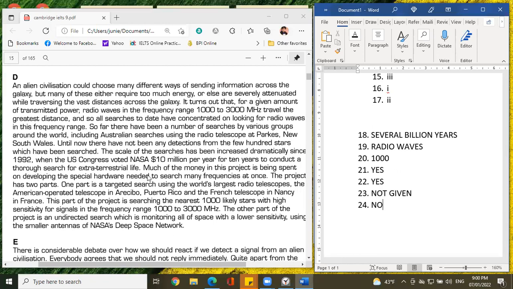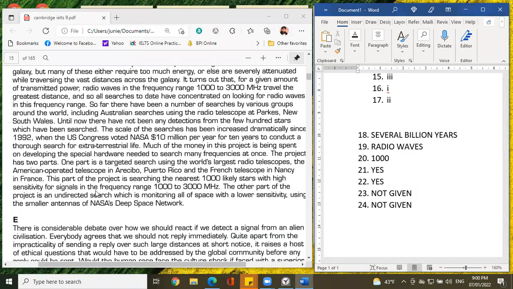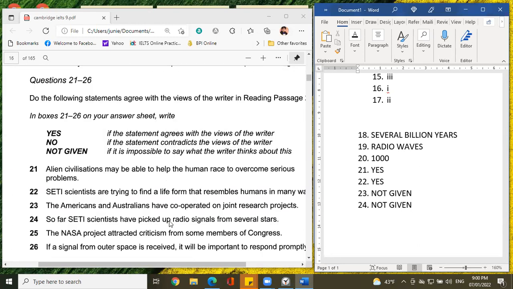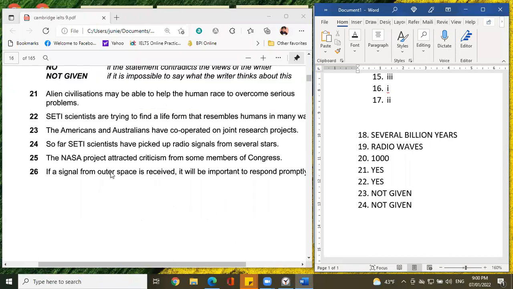Not given na naman. Ala, yes, yes, not given, not given. Ala, ganun ba talaga yarn? Wala naman, walang sinabi. Wala talaga, not given talaga. So 25 is,